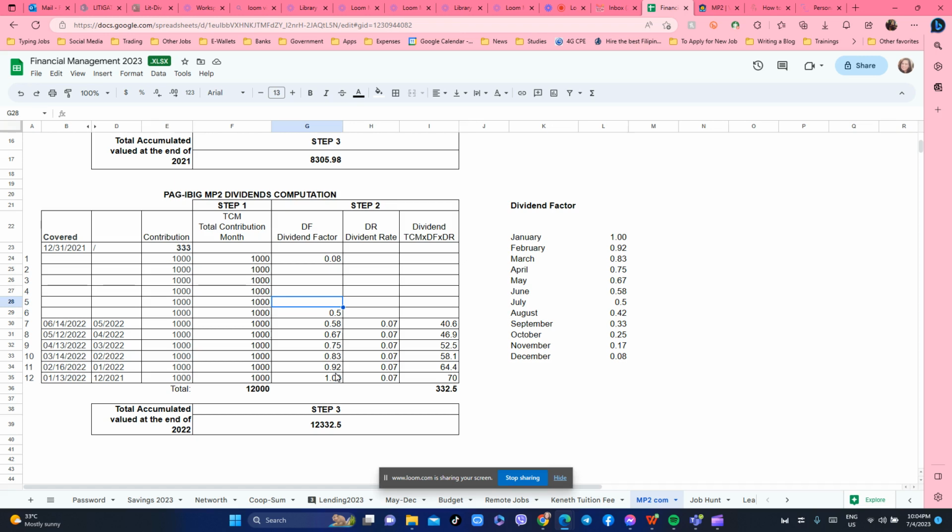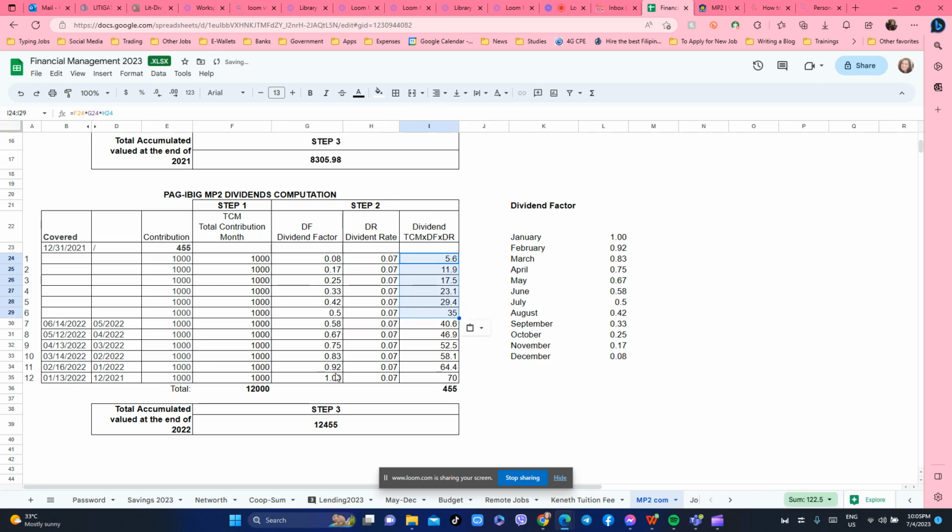And then, I don't know, that's wrong. 0.58 for June. For July, okay, 0.42 for August, and September we have 0.30, October we have 0.25, November we have 0.17. Okay, then we'll just copy the dividend rate, and then we're just gonna copy this formula